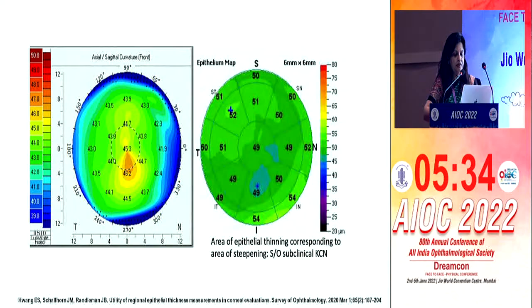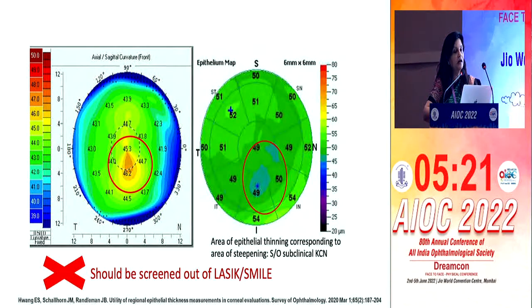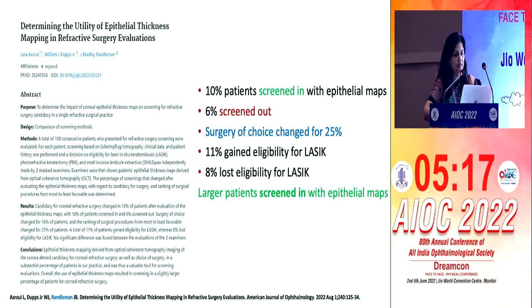Now again, here to show that the area of subepithelial thinning corresponds to the area of steepening, and this is suggestive of subclinical keratoconus, and these patients can then be screened out of your LASIK or SMILE procedure if you want to undertake. Now this was a very nice study which determined the utility of the subepithelial thickness mapping